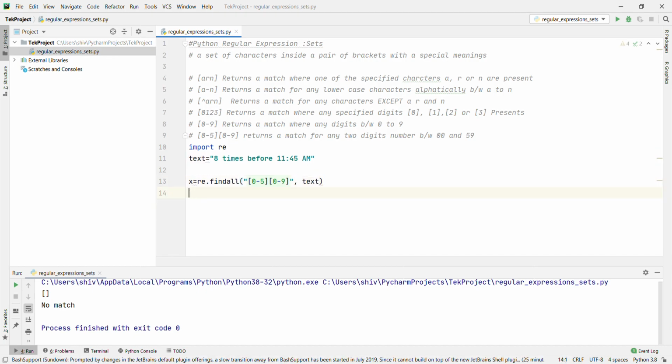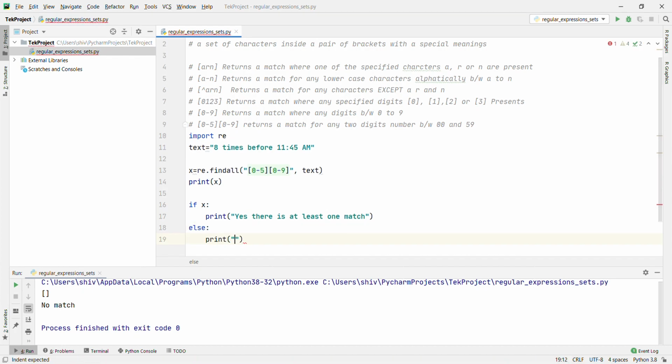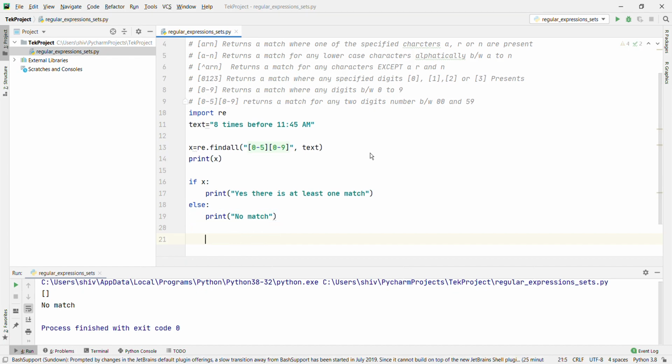Print x. If x, then print yes, there is at least one match, else print no match. Okay, let's run and see what will happen here.